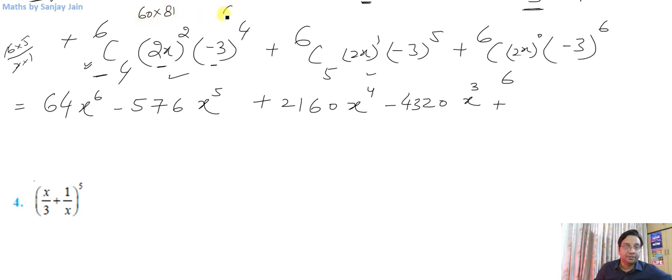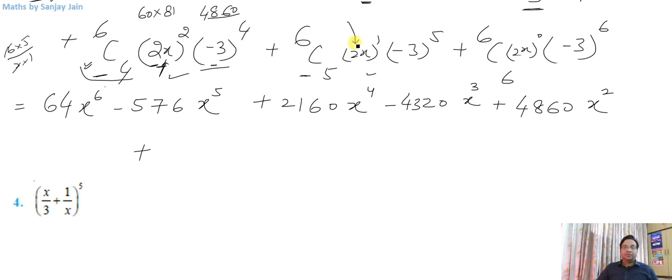And it will be equal to 4860, and x is raised to the second power. I hope I have not missed anything. This is 15, this is 4, so 15 into 4 is 60, this is 81, so I think I haven't missed anything. 6c5 is 6,